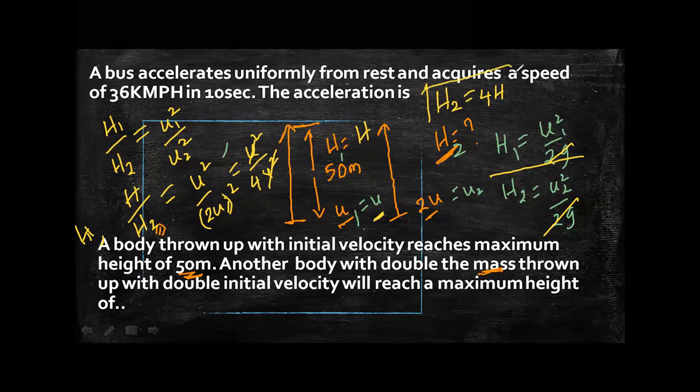Did you understand how I got this value? Yes, sir. So the height becomes 4 times. When you double the velocity, the height becomes 4 times. You can clearly tell without doing the problem. What is the formula for height? u square by 2g, right? When you increase velocity twice, it's squared, which means 4 times simply.